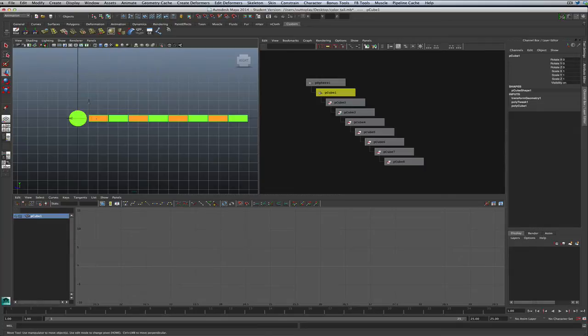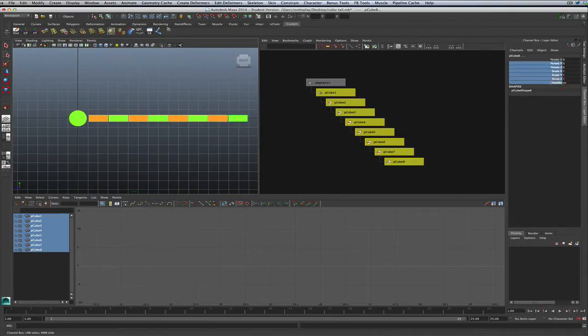Rotation-wise, if we look at this, let me switch to rotation, and we can see that we're really only going to be needing the X channel. All right, so I would also suggest you just grab everything again. That X channel is on top. We could just grab all of these channels underneath, and again come down here to where it says Lock and Hide. You can just hide if you want, but I suggest in this case Lock and Hide.